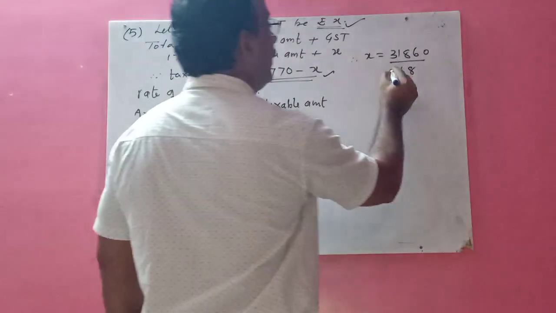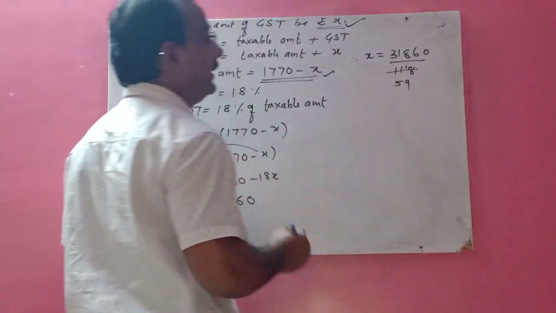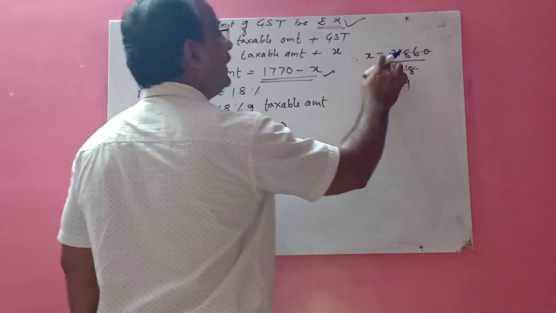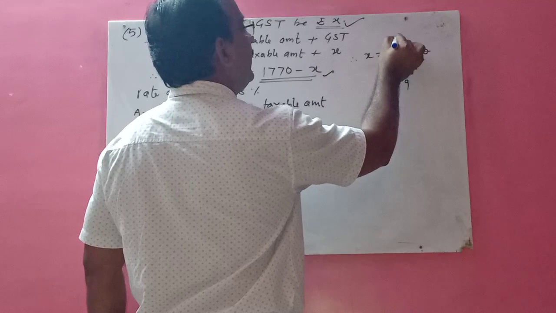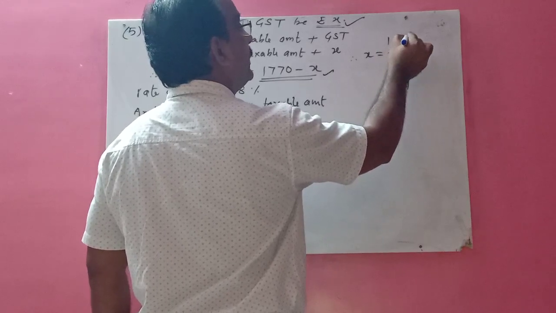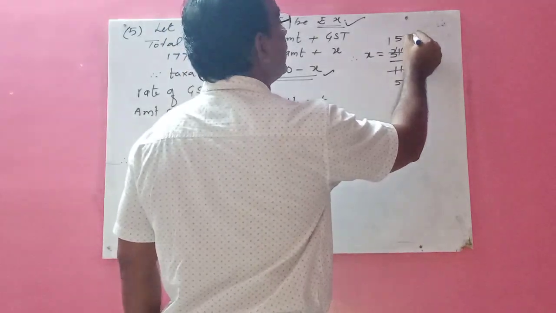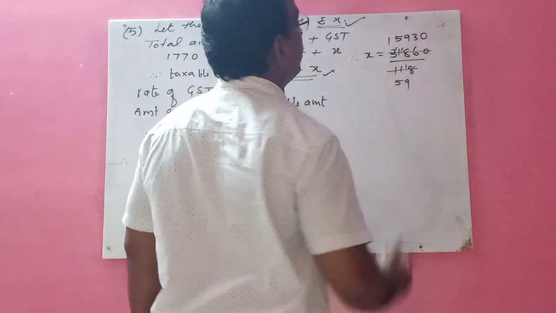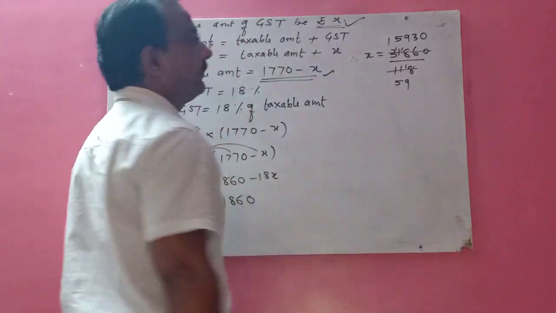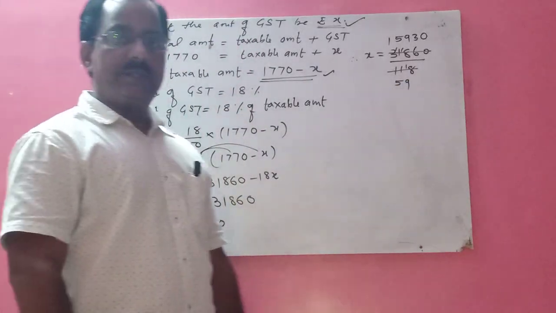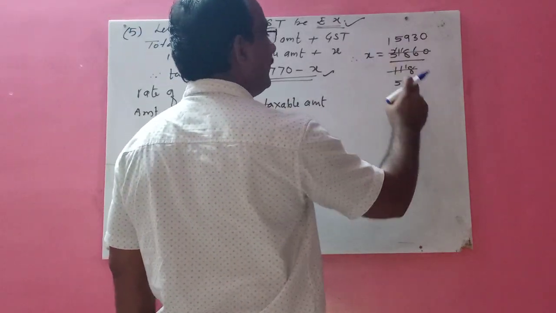Now you should divide it. So 2 fives are 10 and 2 nines are 18. Here you divide this one: 2 ones are 2, then 2 fives are 10, then 2 nines are 18, and 2 threes are 6 and 0, 2 zeros are 0. Now children, 59 is a prime number, and a prime number is divisible by 1 and itself. So you have to divide this by 59.